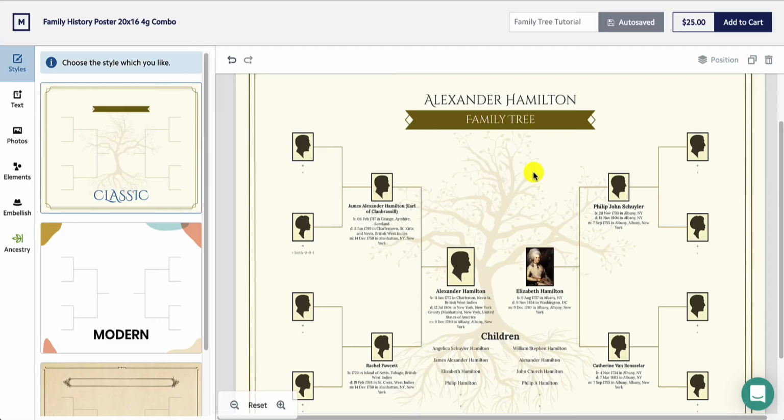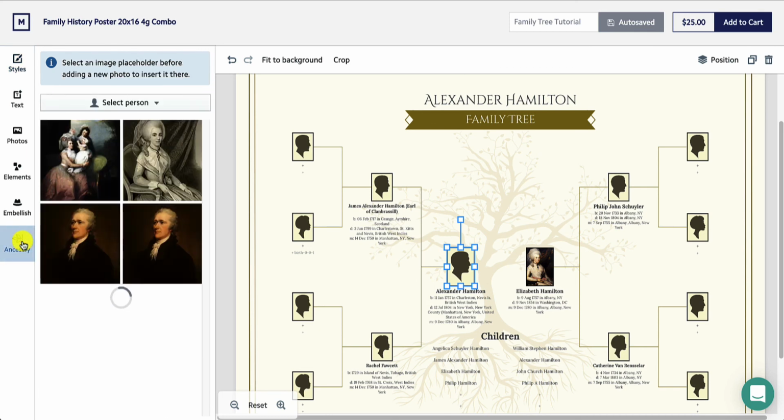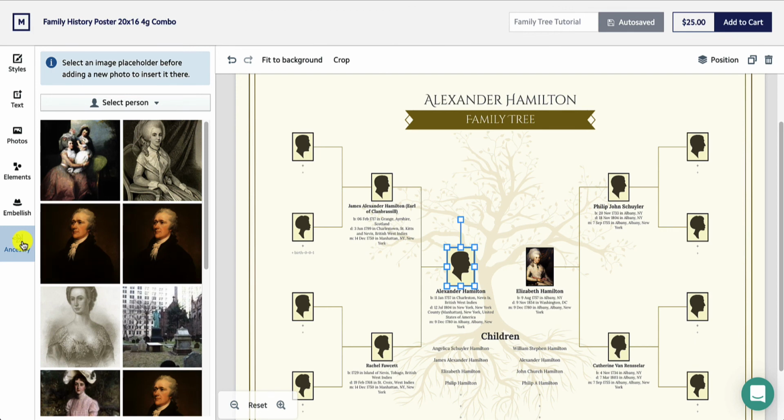To replace a photo using images and records from your Ancestry account, first select the image you'd like to replace on the page. You'll see a blue box around it. Then, select the Ancestry icon in the left toolbar. Find the photo or record you'd like to add and click it to insert your new image into the selected